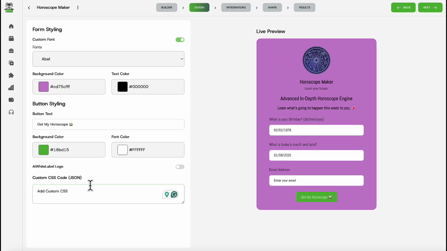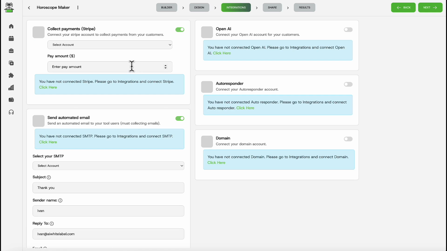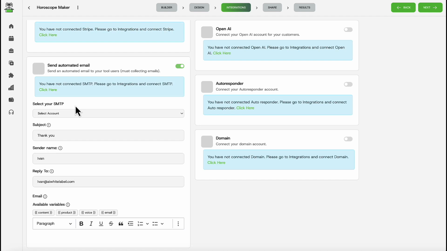CSS here. Then we move on to integrations, and this is where we can, for example, collect payments for our tool. So whenever they go to use the tool, they'll have to pay $10 or $5 to use it. Of course, you can just sell it on a sales page, like a standard SaaS tool, and then they get it for free in a membership. You can just use it all the time. You can send automated emails. So if you're collecting emails, you can go ahead and use these custom variables here where it will deliver the